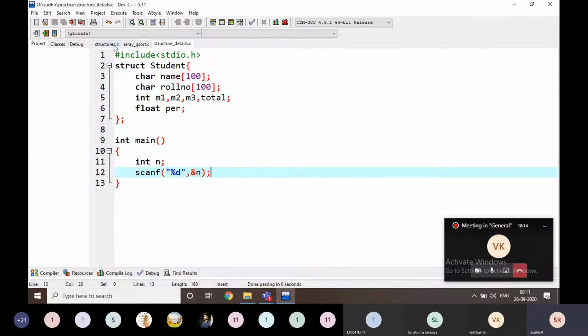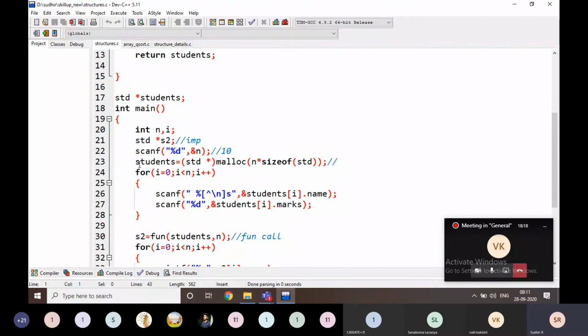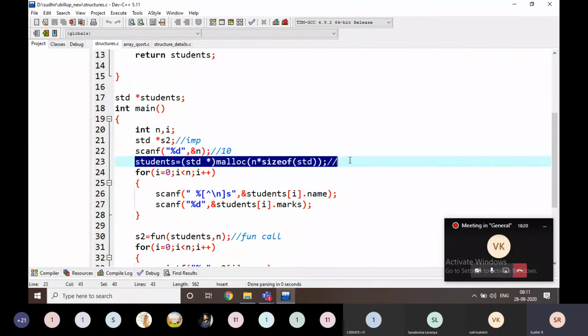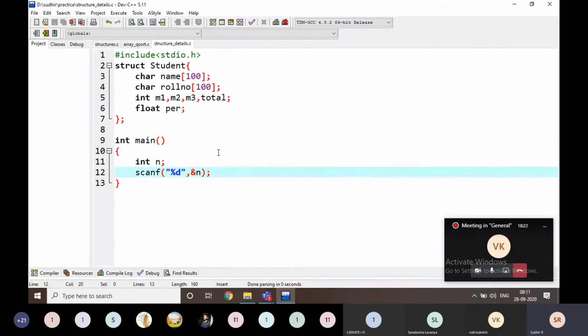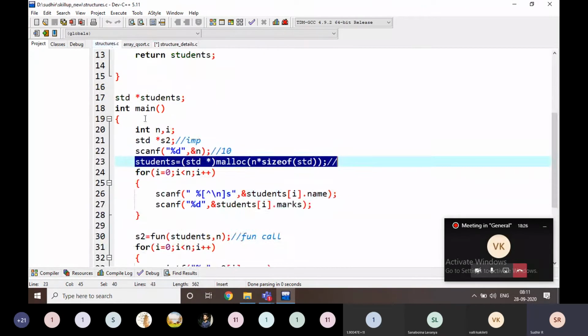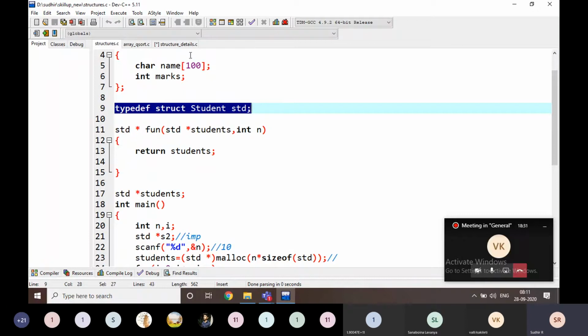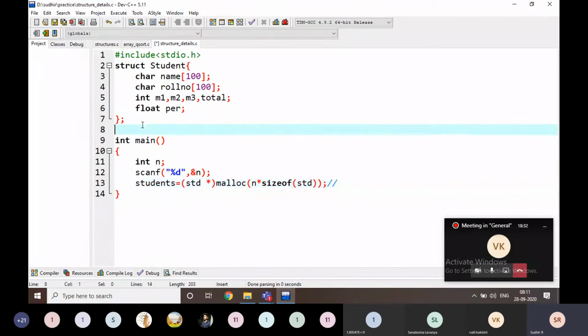I am going to declare the students like this here. Using this line, I am going to declare the students like this. But in the above condition, we have to write this one. This is the typedef struct student std, and I am going to manipulate like this.